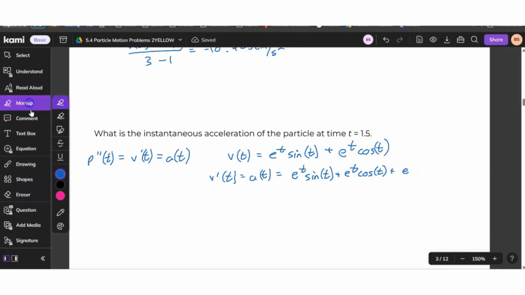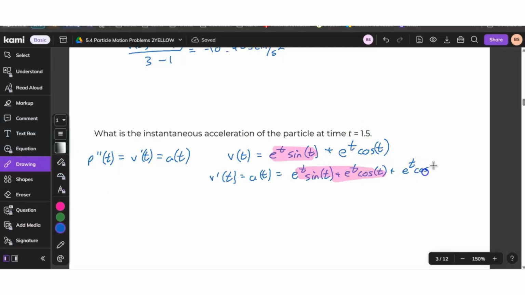So here, maybe I'll show you what we're doing. Why is it not highlighting? Weird. Oh, because it's text highlighter. I want freehand. So the derivative of this is all that part. Now I'm going to take the derivative of e^t cos t. So it'd be e to the power of t, which is the derivative of e^t,